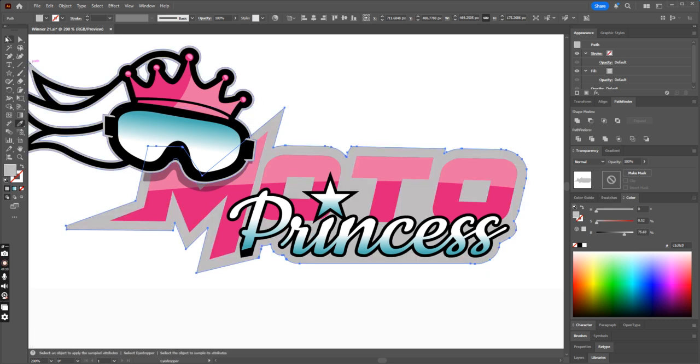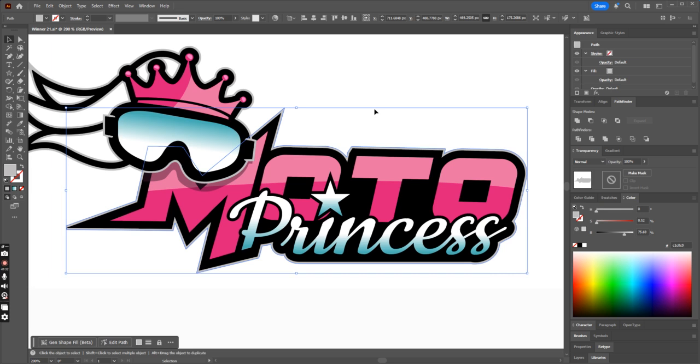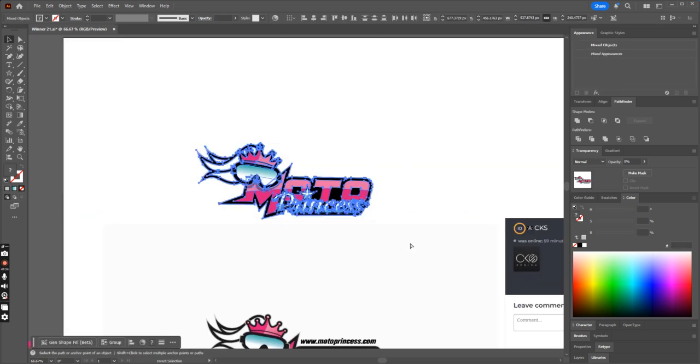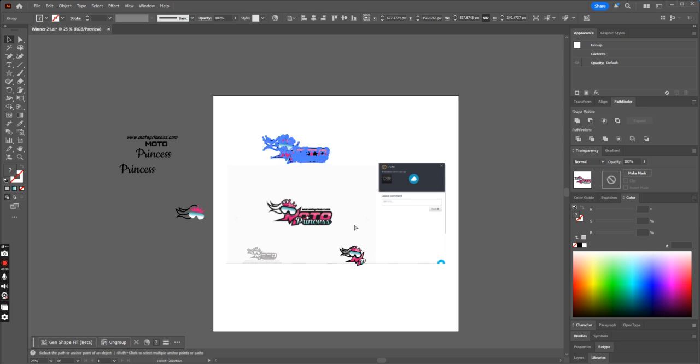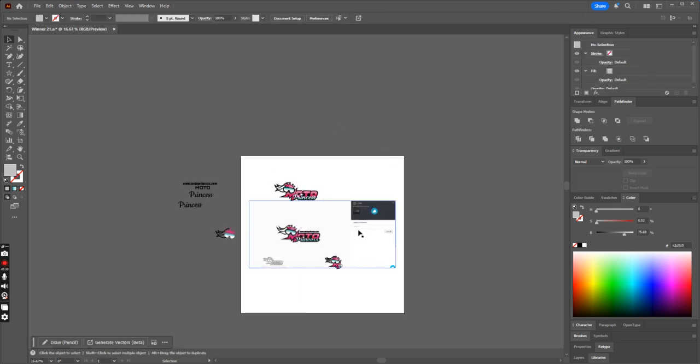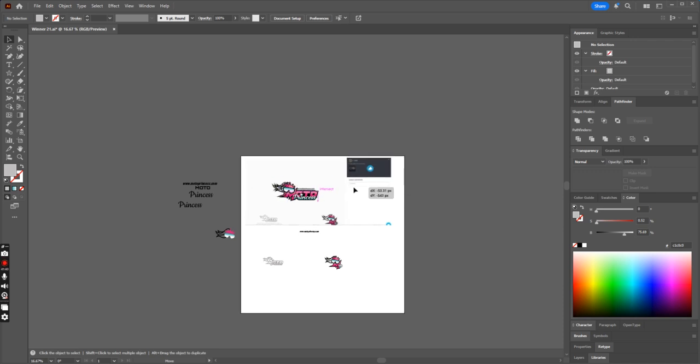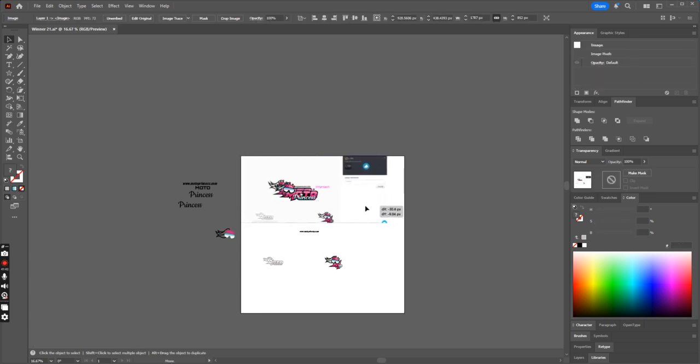Fill it with the same gray color, and this was a little detail that we missed. So if we decorate the design same way as it was, we will get